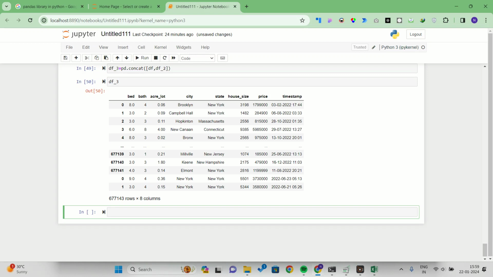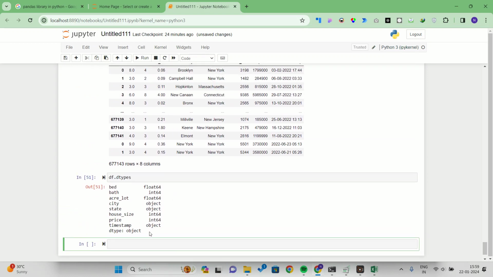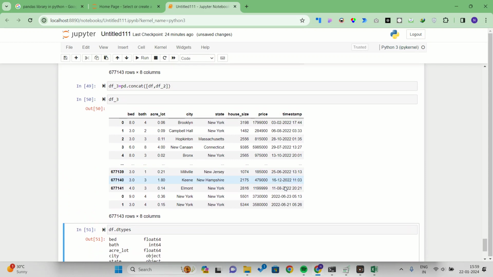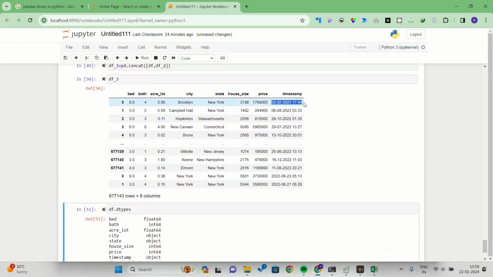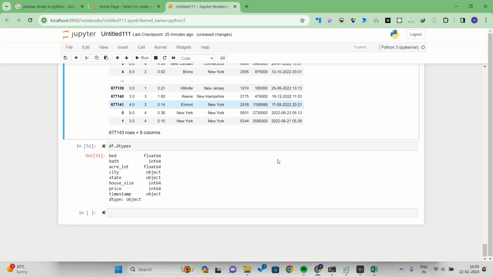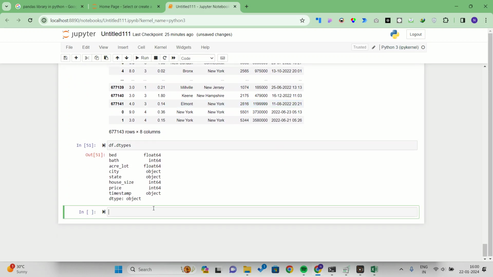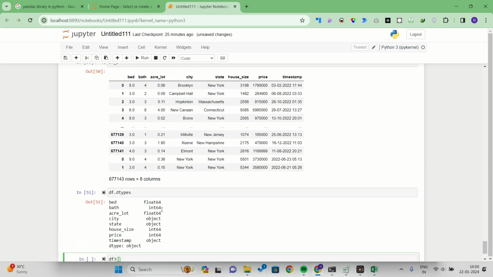Yeah, and now let's deal with timestamp. You have to understand that when we look at data types, this is treated as an object, whereas in reality this is a date and time value, right? You can see that there's a date, month, and year, and this is a time. And so how do we do that? So we take df3 of